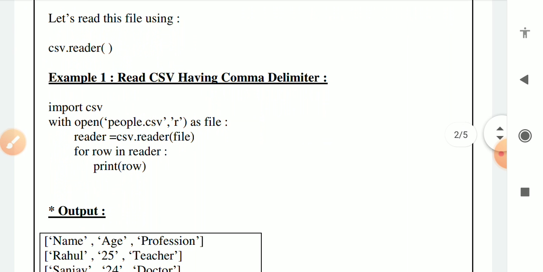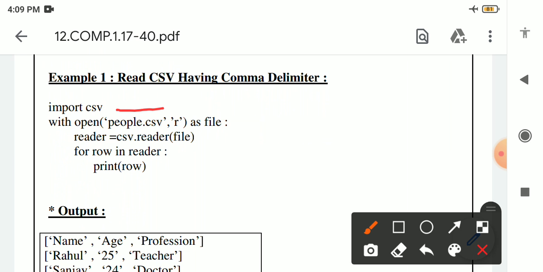This is the example. See, example number 1. Read CSV having comma delimiter. Means we are reading the content of a file. The name of the file is what? people.csv. Means this is the file name people.csv, which is present inside our directory, and we want to read the content which is present inside this file.